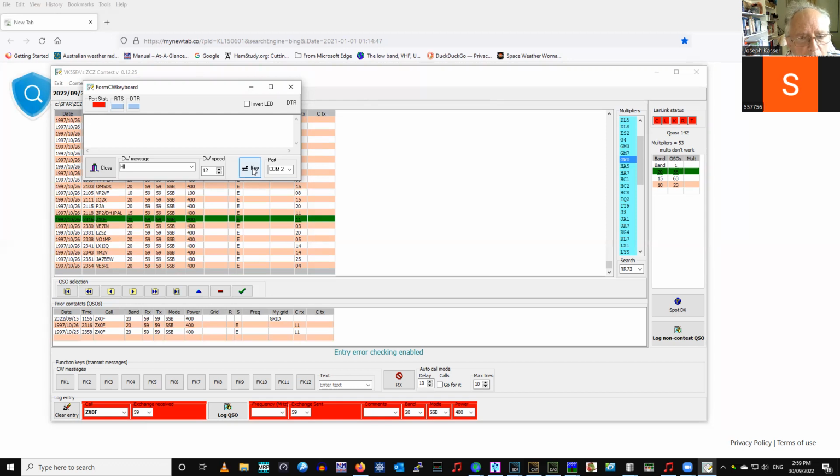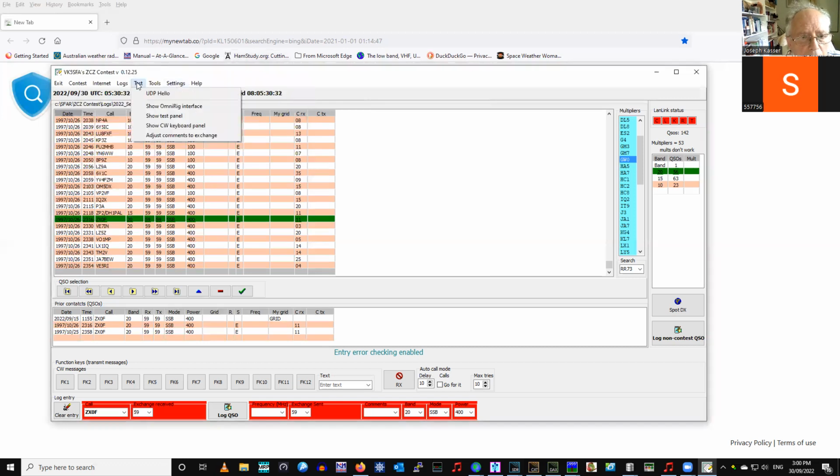Okay, makes sense. Change the CW speed. Yes. And your RTS and DTR lights will go on when. Makes perfect sense. According to the information. And I think the invert LED will invert your signal, or it will invert the LED. I've forgotten. It's been an awful long time since I actually coded this. Okay. And the DTR line there says you've got DTR selected way back in the settings where it mentions DTR. No, understood. Okay. Close that